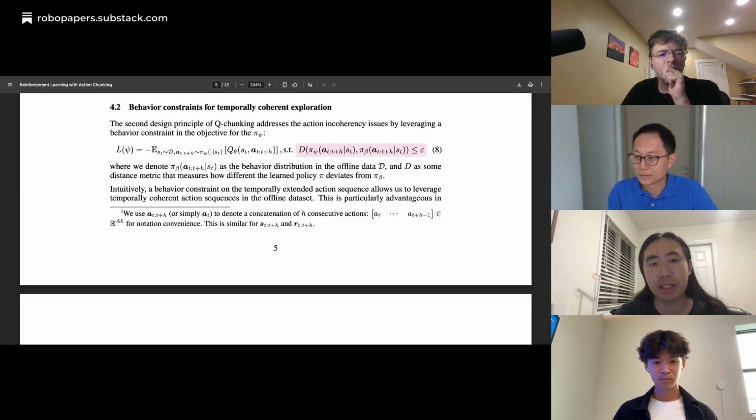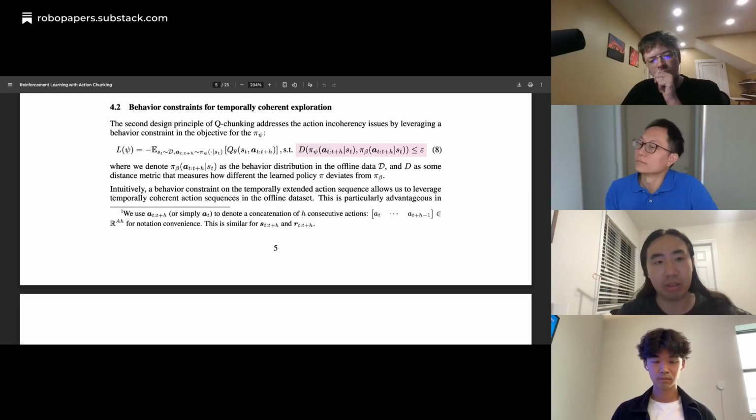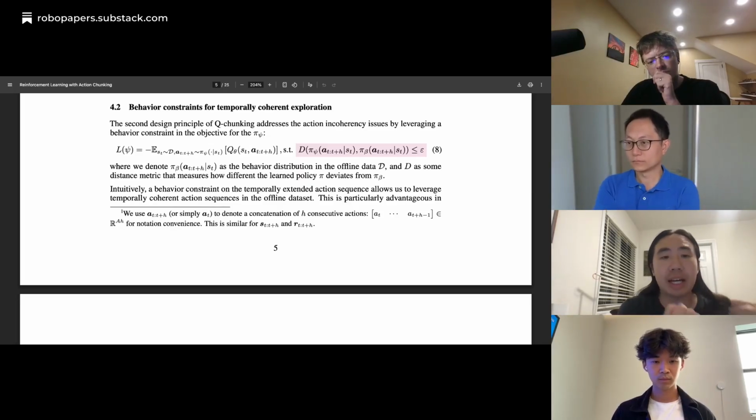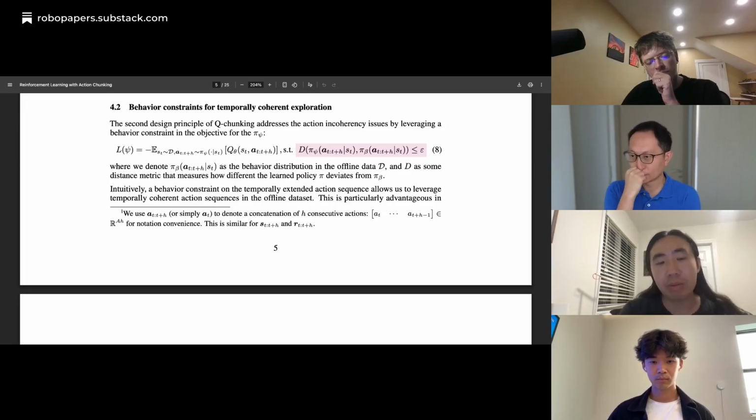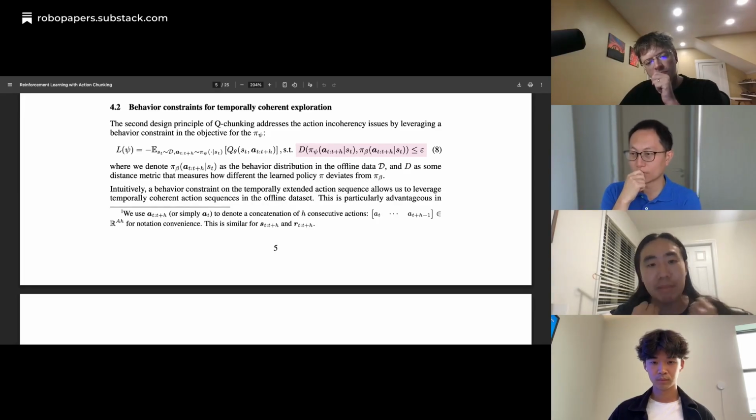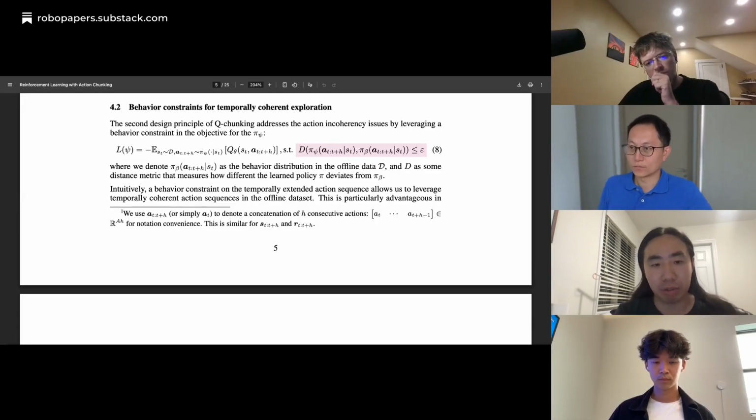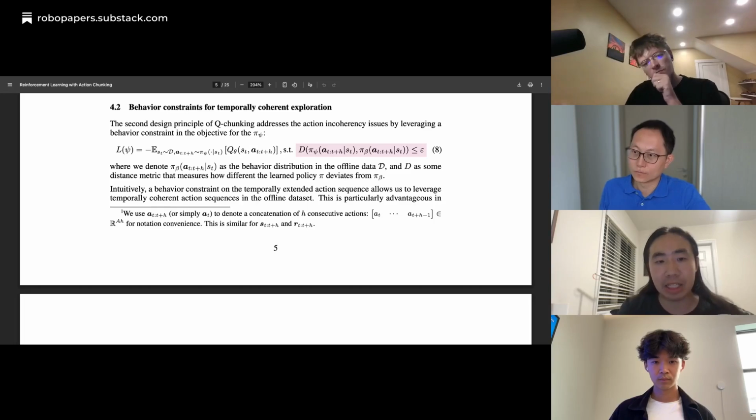So in general, I think the amount of behavior constraint that you want to add to your algorithm really depends on the task that you're trying to solve. For some tasks where the data has very good or expert demonstrations, you probably don't want a very weak constraint. You want a stronger constraint because you know the data is already pretty optimal. You can just imitate and change a little bit, and actually do well. So in our paper, we tune the strength of the behavior constraint for each domain, depending on how much the policy needs to change from the behavior prior.